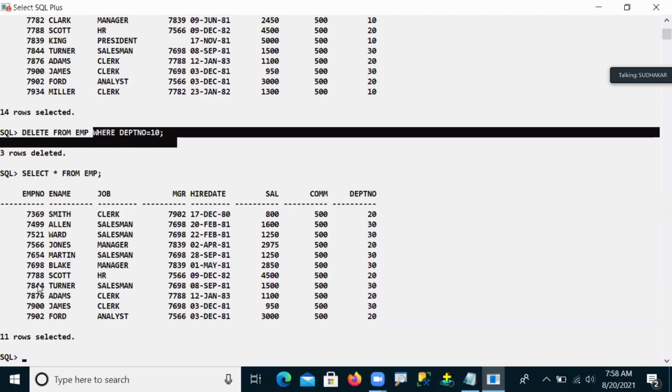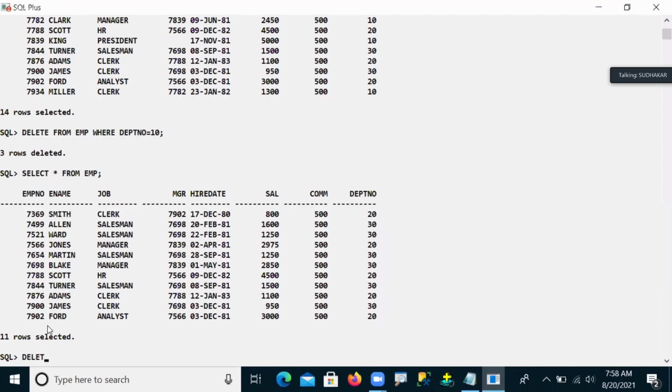And suppose, for example, I want to delete all rows at a time. How many rows are there in my table? 11 rows. If I pass delete from EMP, carefully observe, I'm not using any WHERE clause, because we use the WHERE clause only for specific row deletion.